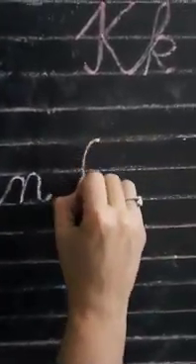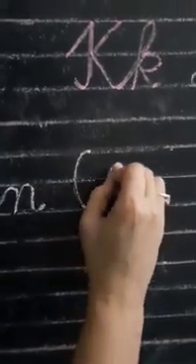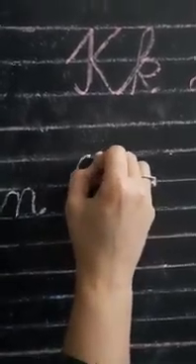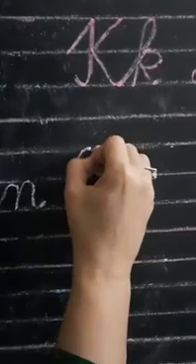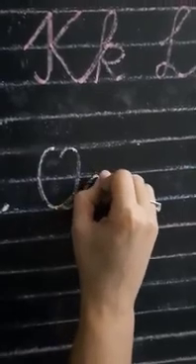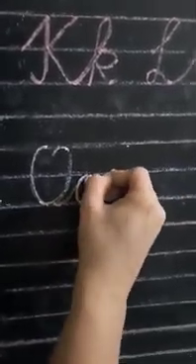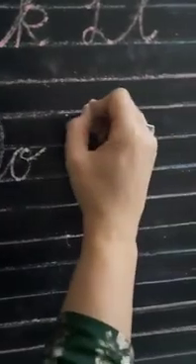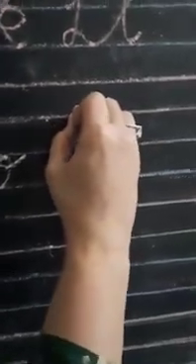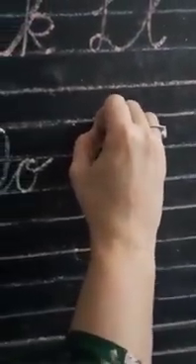Joining M, joining N, then joining O. Now take a turn, make a curve, then go up and take a turn and leave it. Okay, इसको आपको little space छोड़ना है यहाँ पे. Then touch करते हुए go up and make small O and touch first blue line. Then joining O के बाद we will write joining P.